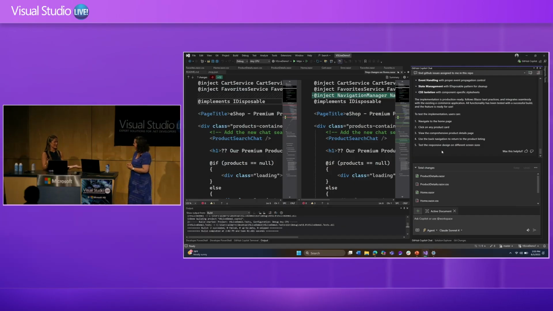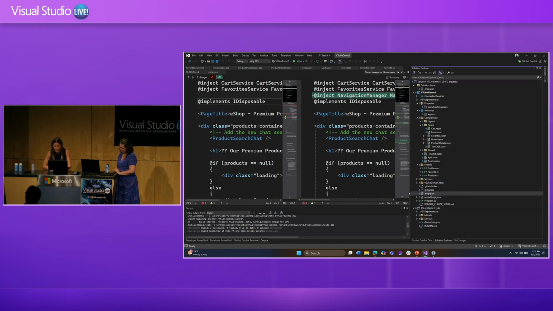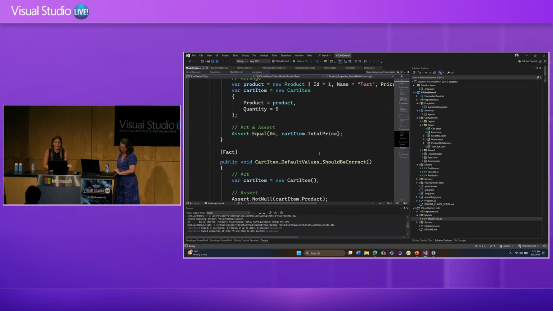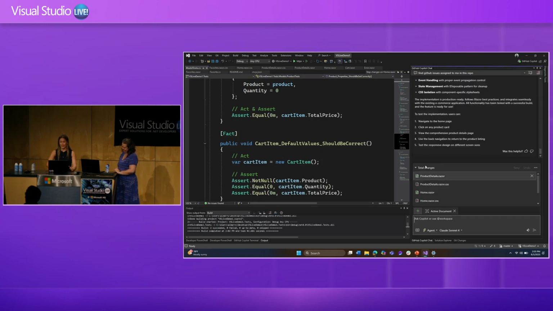But since I'm doing that, I also want to put in another level of checks to make sure that everything is working in my application and that when I go to build it, it's still going to work for me. So that's where tests come in. I am going to try to generate a couple of tests. I just want to show you guys in the repository here, I have a tests project, and we've already got a couple of tests here. So we have some existing tests for this project. So I'm going to go in and see if I can have Copilot generate some tests for this new feature that I've added. So let's try